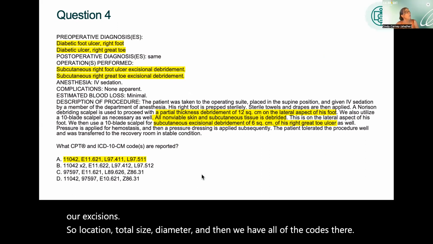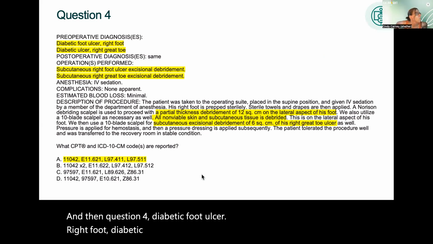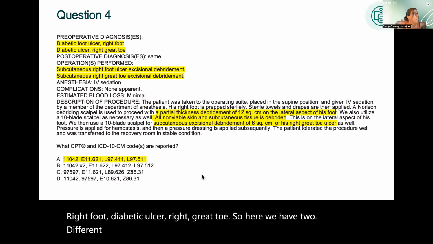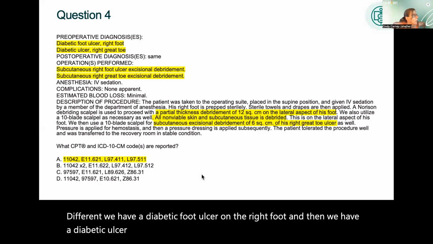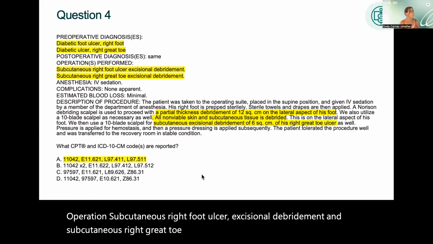And then question 4, diabetic foot ulcer. Right foot, diabetic ulcer, right great toe. So here we have 2 different sites: a diabetic foot ulcer on the right foot, and then a diabetic ulcer on the right great toe. Operation, subcutaneous right foot ulcer excisional debridement and subcutaneous right great toe excisional debridement. Under description of procedure,